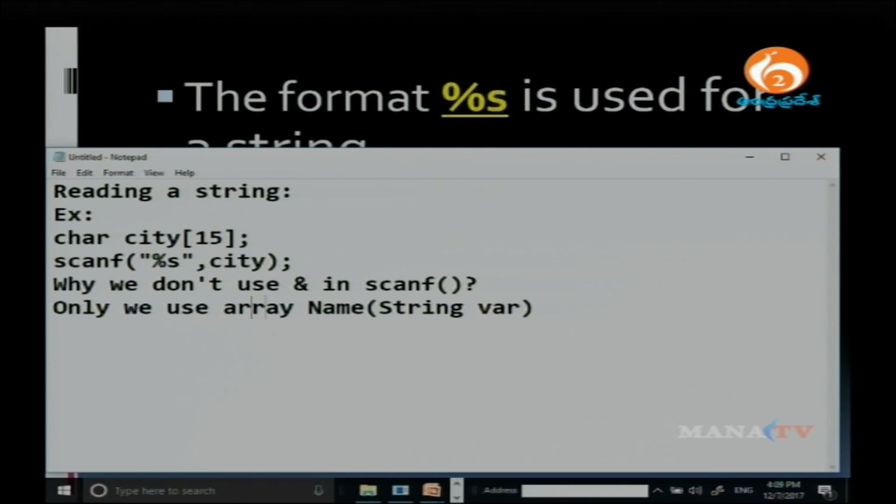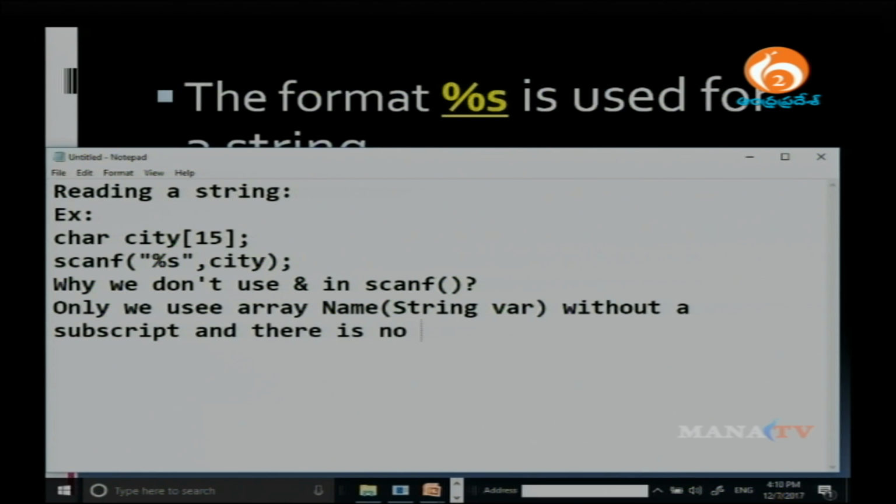without a subscript, whereas compared with other arrays, integer array or float array, we use a[i], a[j] like that, but in strings we do not use a subscript, and we do not use even the ampersand.